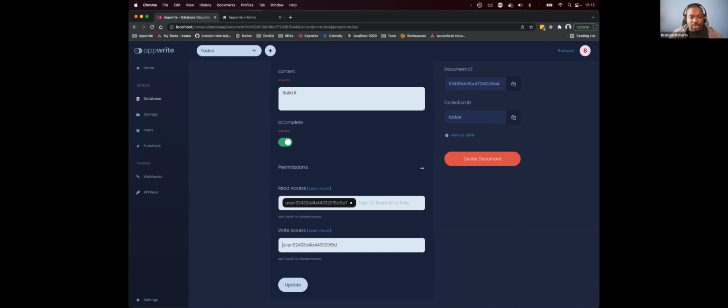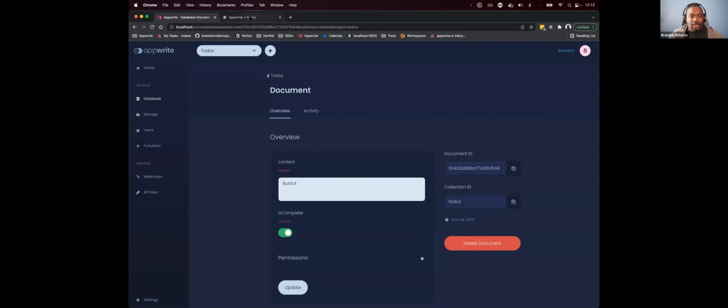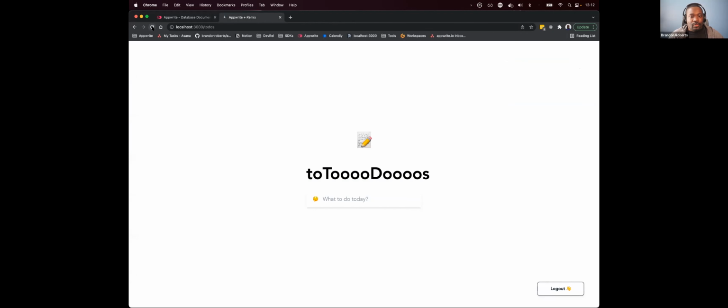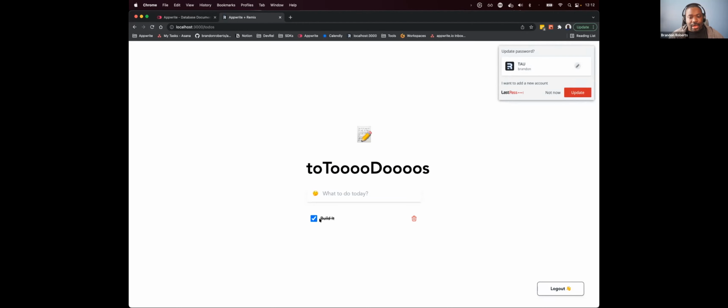There are more options that you have there. So I'll update that. And if I refresh here, you can see we have the option that is for that to-do that is loaded into the database and loaded through the collection.